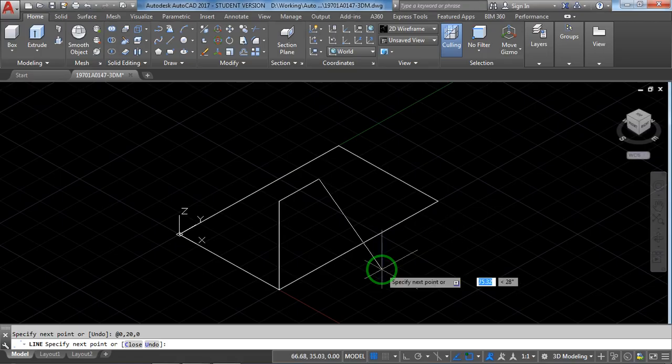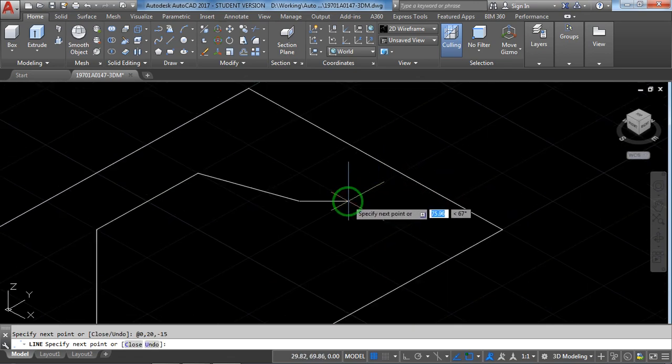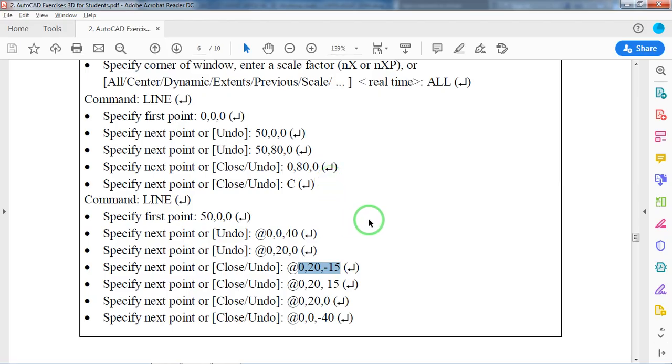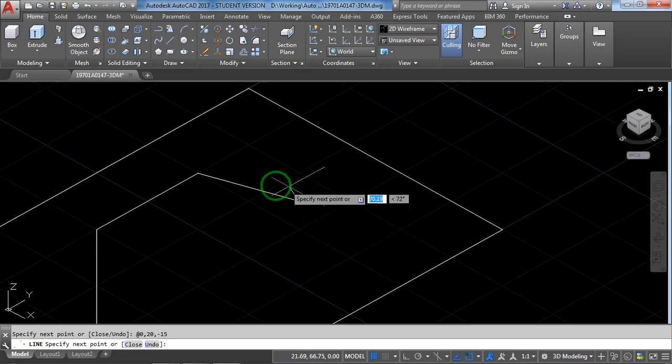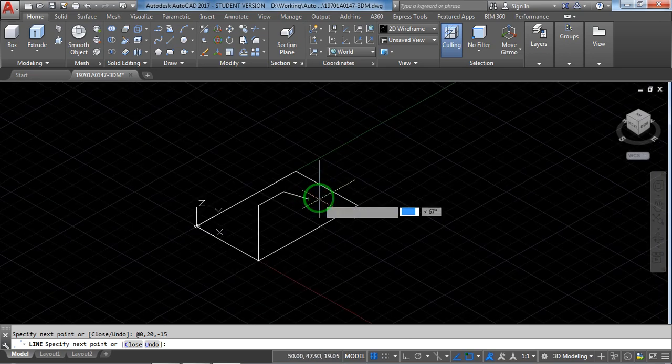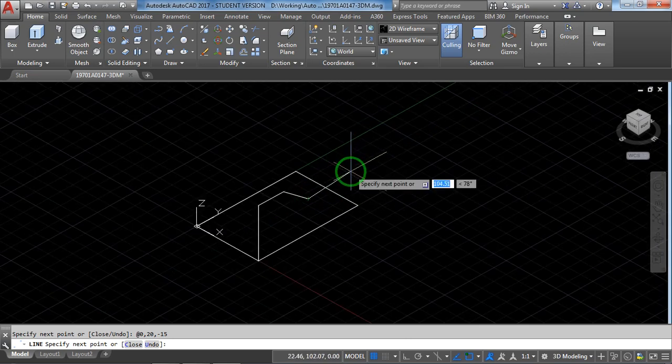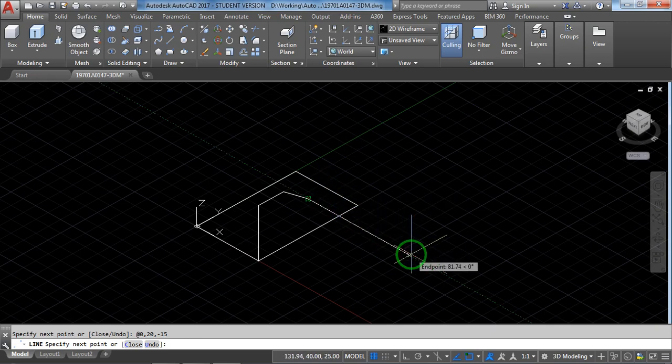Now from here, at the rate 0, 20, minus 15. See, we have drawn an inclined line. In the same way, what will be that point? Just analyse: x is towards this side, 0.